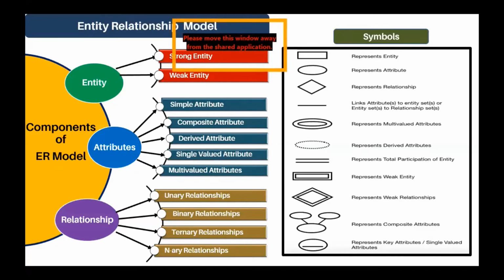What will be the primary key of the second table if I am not putting a surrogate key in that table? Can I use teacher ID as a primary key in the second table? Just think logically. No, ma'am. What is the reason? Ma'am, there could be more than one family member who belongs to one teacher. Exactly. So there can be multiple family members. So what will be the primary key of this table then?